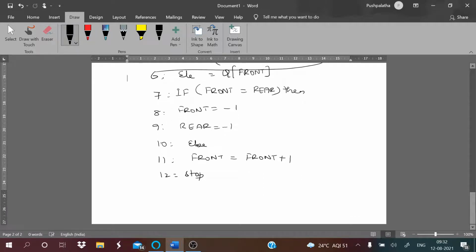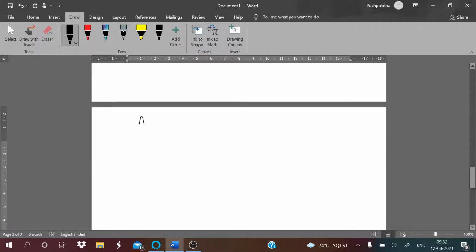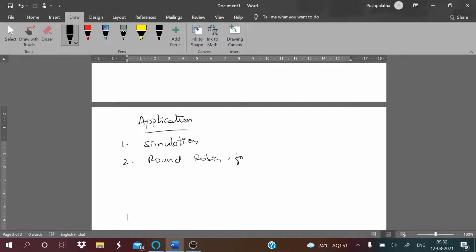Then what are the applications of your queue? Again, just a single sentence, a single word is enough. You need not explain this also. Application is, it is used in simulation. It is used in the round robin method for resource allocation.